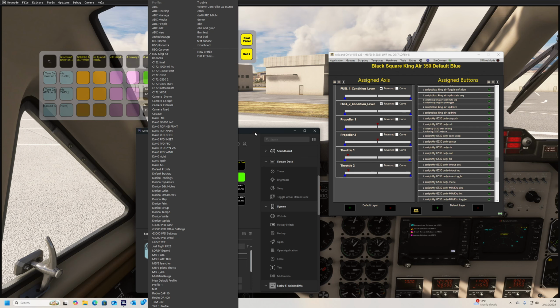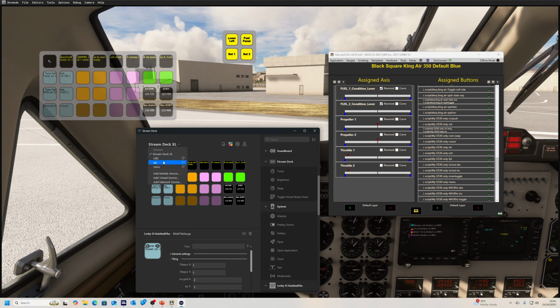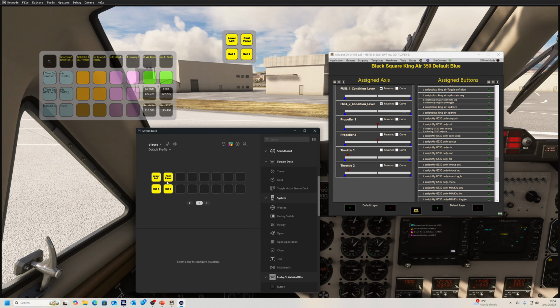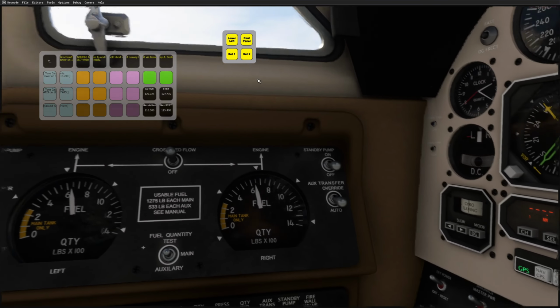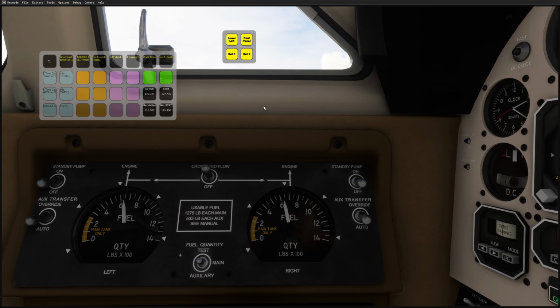But what I'm doing here is, let's switch that. I've just created these views, so that I put in here, it's a hotkey, and I just put in the key press to change to view 1, and here view 2, and then this is the key press to create a view. So if I do this, if I click lower left or fuel panel, I can label it and I know what view I'm going to get, and it moves across. So that's the basics of this,